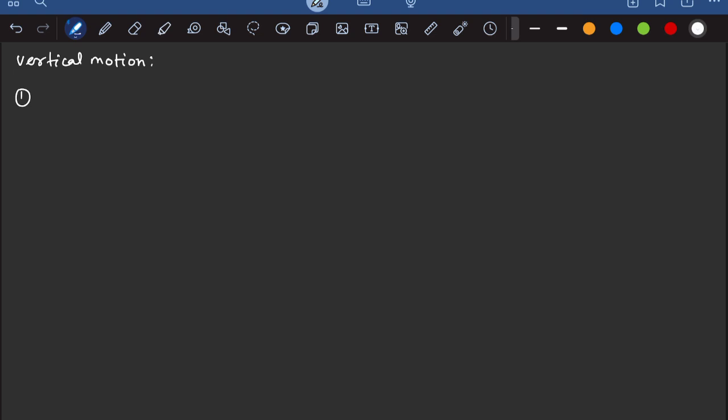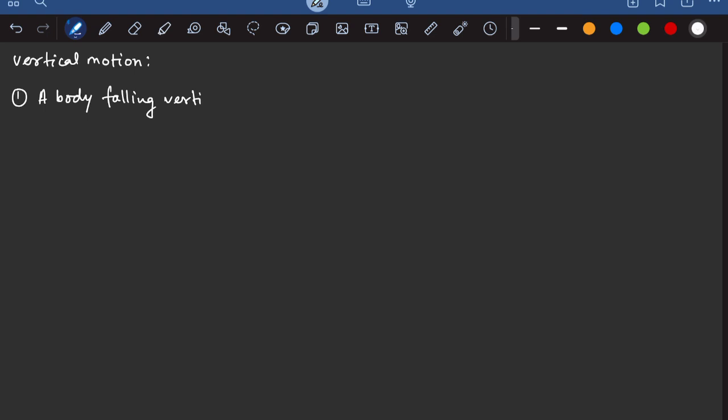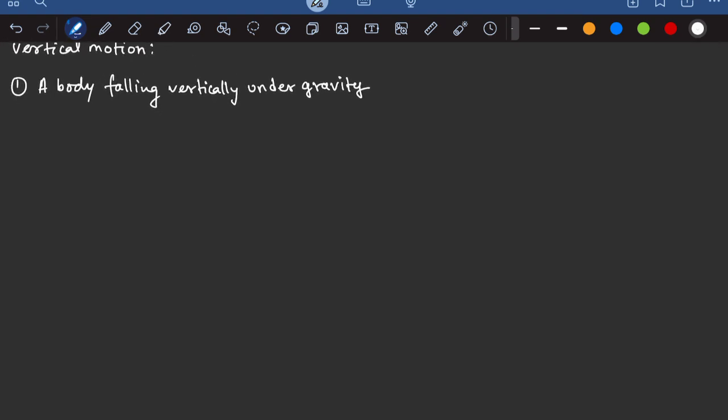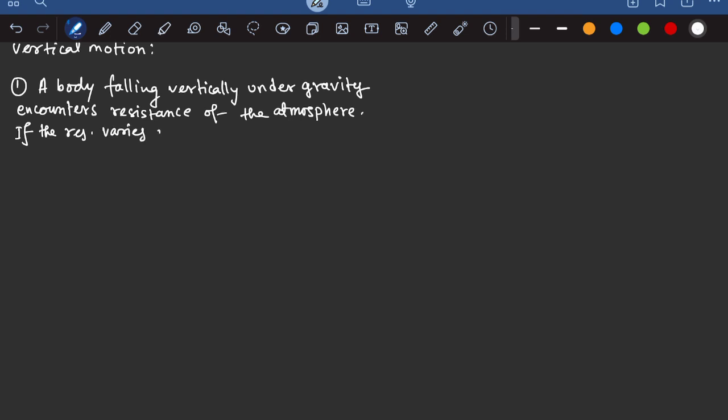First question: a body falling vertically under gravity encounters resistance of the atmosphere. If the resistance varies as the velocity, then show that